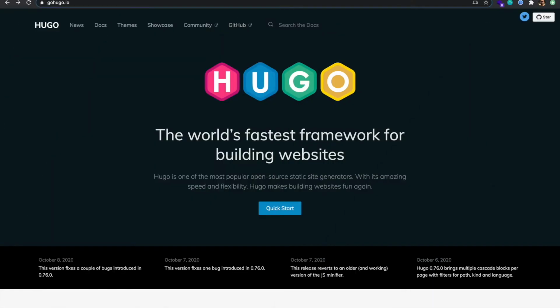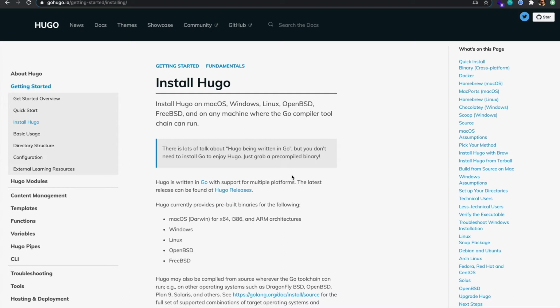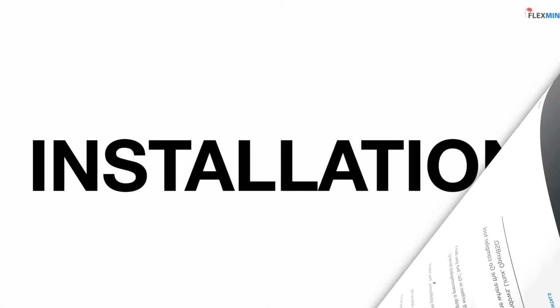Well, first of all, you need to install Hugo, and then you should have a GitHub account if you are planning to host your website using GitHub Pages. And Git should also be installed on your machine, and you can use any favorite editor which you like, for example, Atom, Visual Studio Code, PyCharm, or JetBrains WebStorm. For this tutorial, I will be using Atom and Vim editor.